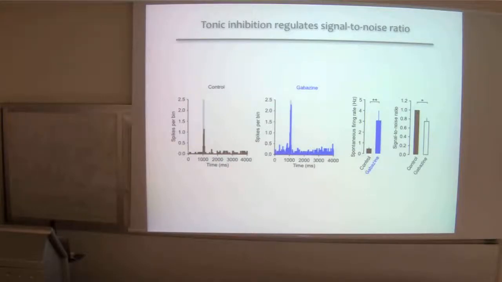So we can take all the recording parameters that we saw in vivo, the number of EPSCs that the granule cells see, the timing of those EPSCs. We can replay them back into our in vitro slice preparation and mimic what's happening in vivo. And then we can do that with inhibition as well and remove the different components of inhibition to see how important each mode of inhibition was for controlling the number of sensory evoked spikes that